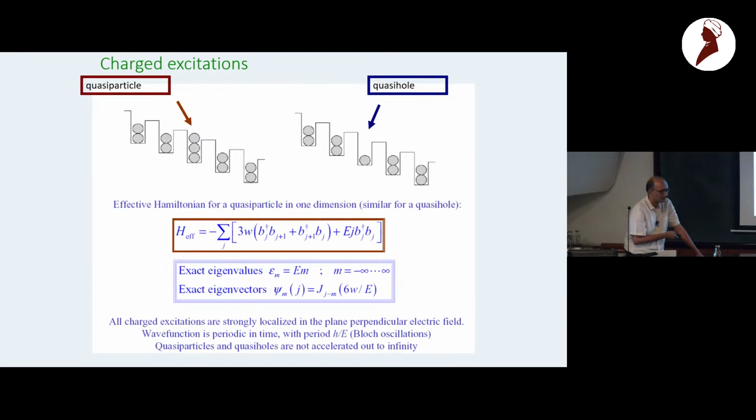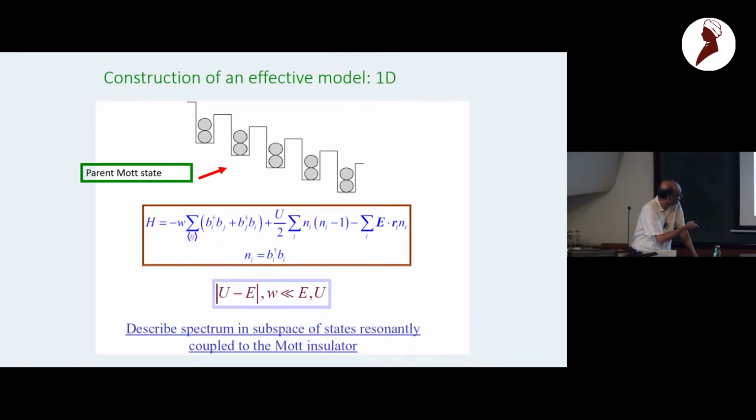Yeah, so it's actually not in the Bloch oscillation regime. No, this is not. But the point is that if U is 0, it's in the Bloch oscillation regime, but it can still be localized. As I said, you shouldn't be thinking of it in a band structure way. You should think of solving the problem entirely, and that gives you this one-dimensional Stark ladder, with localized wave functions. So it's going to be very much localized. It's just going to scan through the Brillouin zone and come back every time.